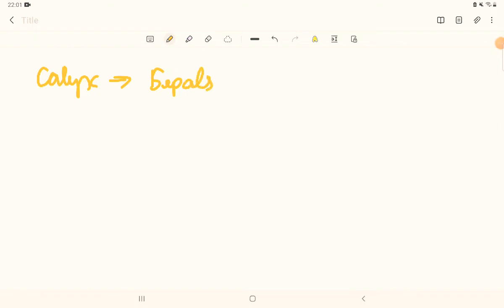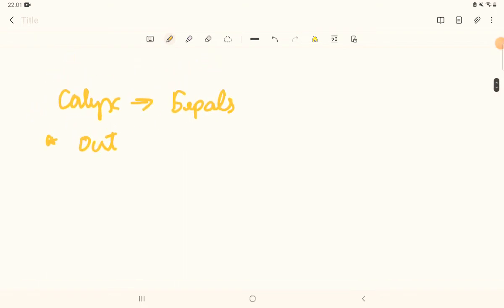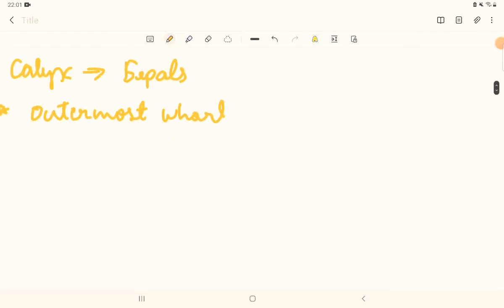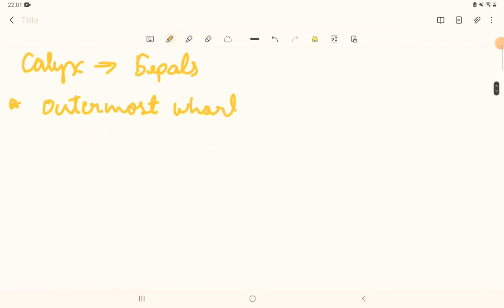Now calyx, as I've told, is the outermost whorl. Outermost whorl means if this is petal, this is the central part. Here you can see this is your